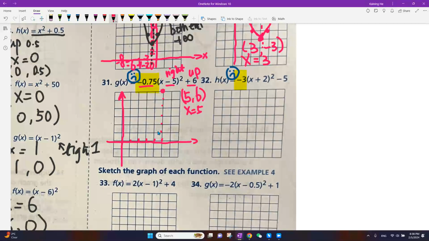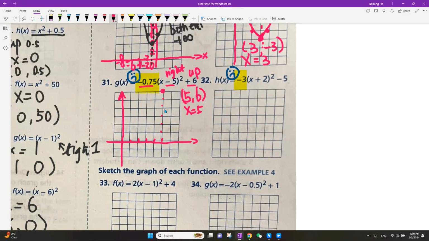But the thing is, I have a frowning face and also a 0.75 as a coefficient. So what am I going to do? I'm going to go ahead and plug in the numbers right next to it. I can try number 6. I can also try number 4. Give it a try. If you plug in number 4, then you have